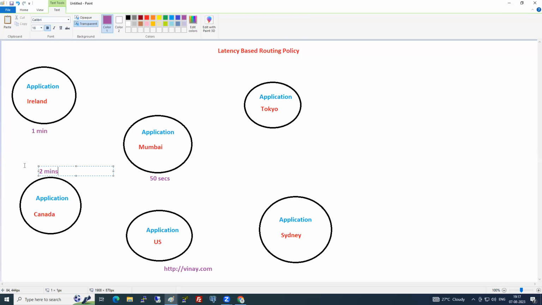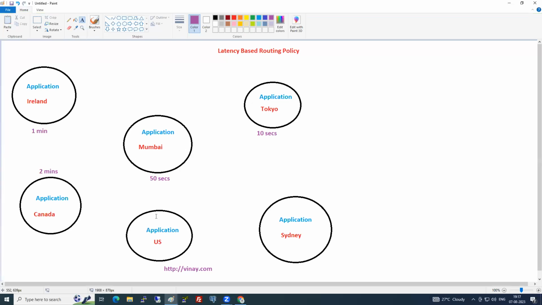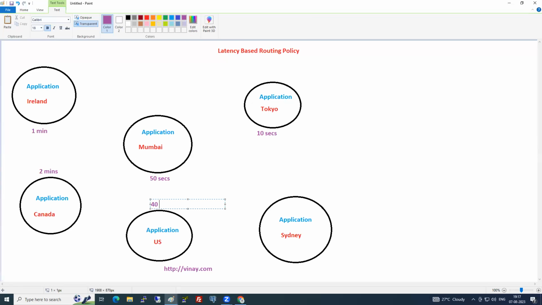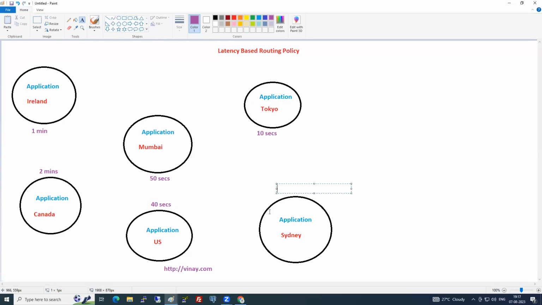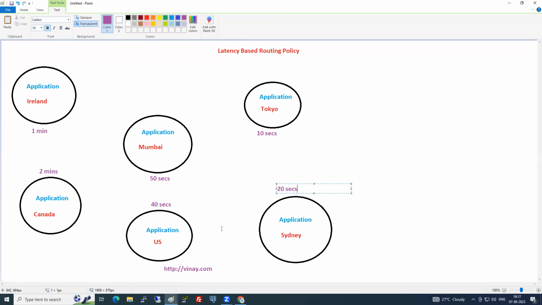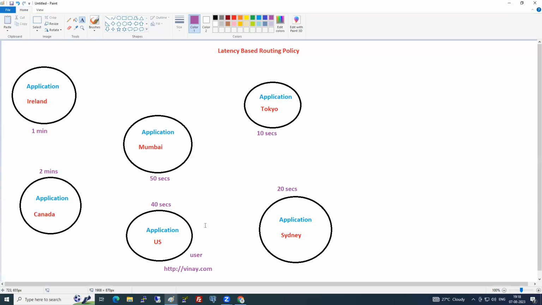Here it is taking 2 minutes. From Tokyo, it is taking 10 seconds. From US, it is taking 40 seconds. And from Sydney, it is taking, let's say, 20 seconds. Now tell me, the user is here in US and the request will be responded from which region? From Tokyo. Excellent.